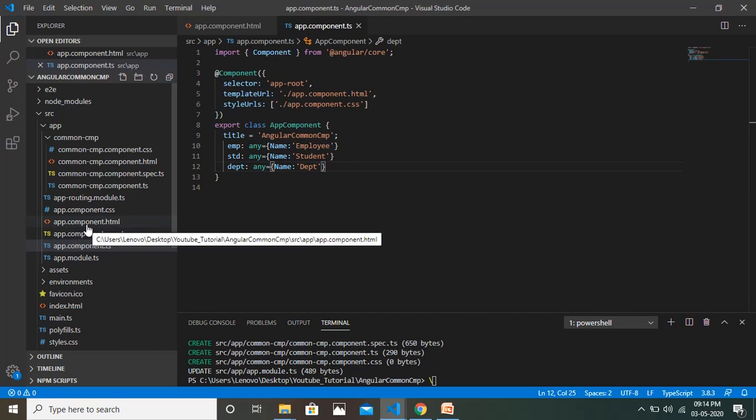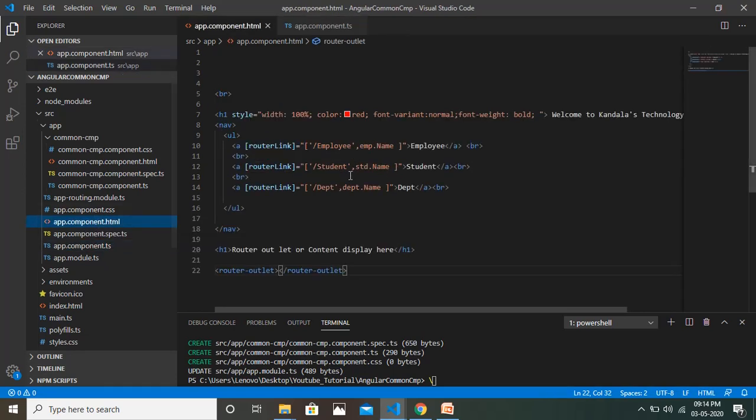Here I'm going to define the employee, and the parameter is emp.name, and here is the student, this is the link. Once you click on this link, it will open the student component with the route parameter, name. So we are going to send these names. So this is how we declared it, and now we need to configure